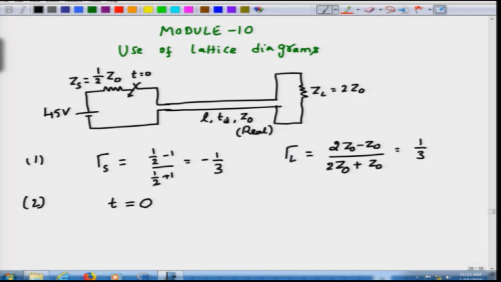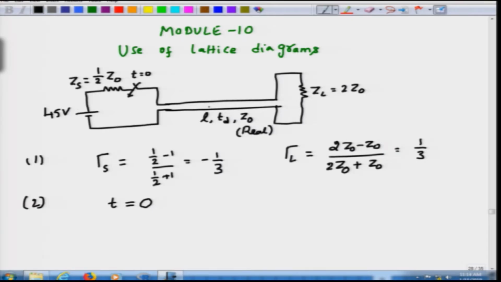So, after 2 Td time units only we will see the effect of ZL on the circuit, or at least on the source, not on the circuit, on the source. So, at t equal to 0, what this transmission line would look like as far as the source is concerned is that this is just a